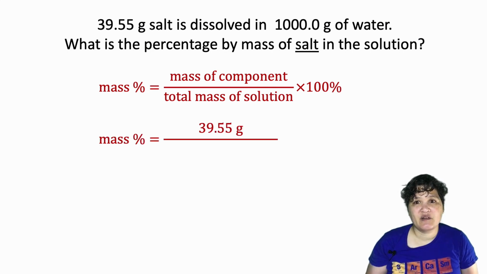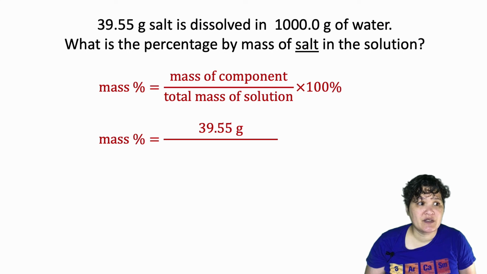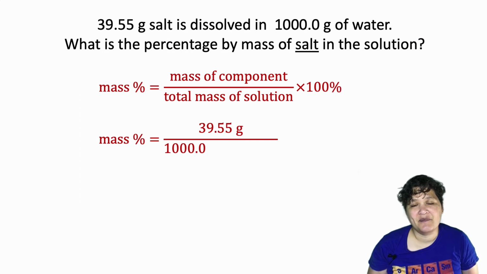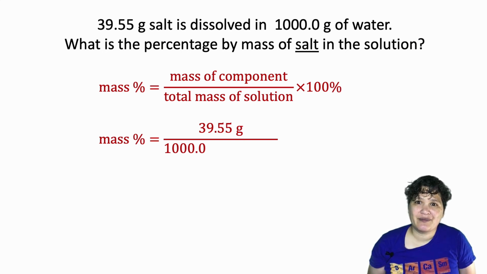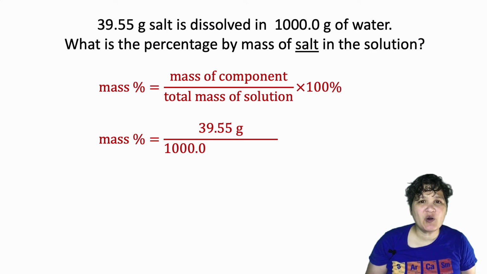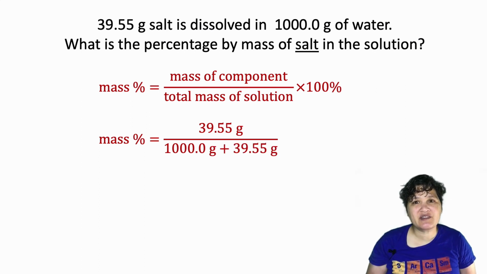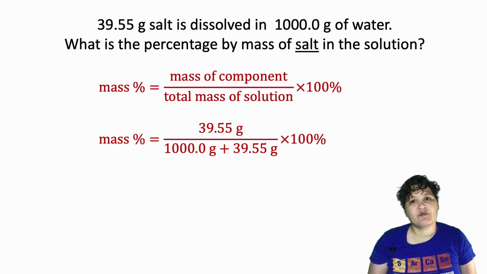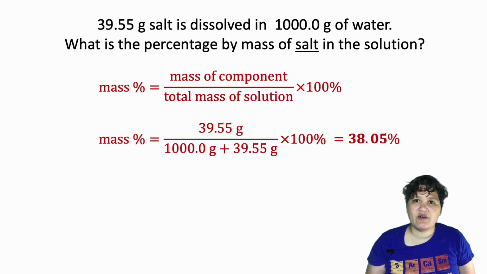So the mass percent is going to be 39.55 grams divided by the total mass of the solution. When I ask people to calculate this and they're not thinking, they'll say the total mass of solution is 1,000 grams, because that's how much water it is, right? When we did molality, we used the mass of the solvent. But this is the total mass of the solution. So that's water and salt, right? That's 1,000 grams plus 39.55 grams. So let's run that through our calculator, and what we get is